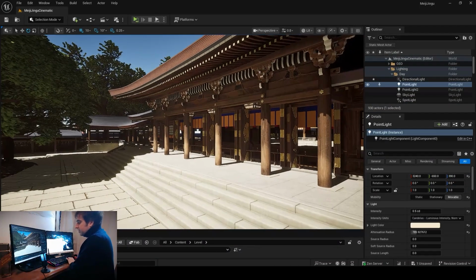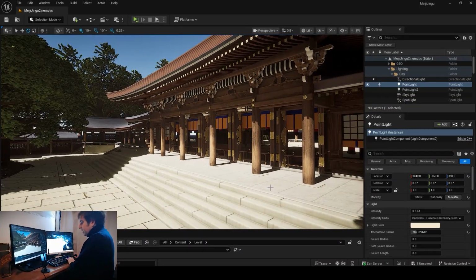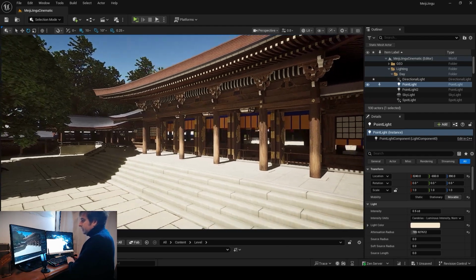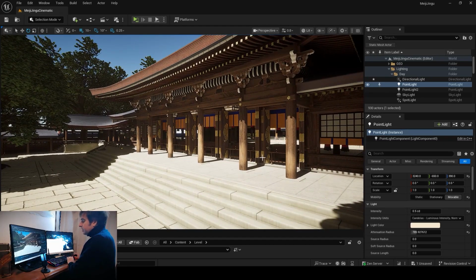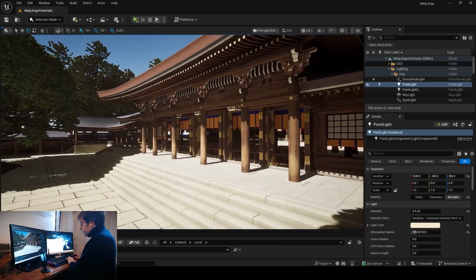Okay, so before we start working on our mobile project, I just want to explain the difference between the standard project and the mobile production setup. So here we are on the PC cinematic type of project, which is using what we call deferred rendering. Deferred rendering is the default rendering mode in Unreal Engine. It will allow you to use Lumen for the lighting and global illumination, screen space effects, and more complex lighting